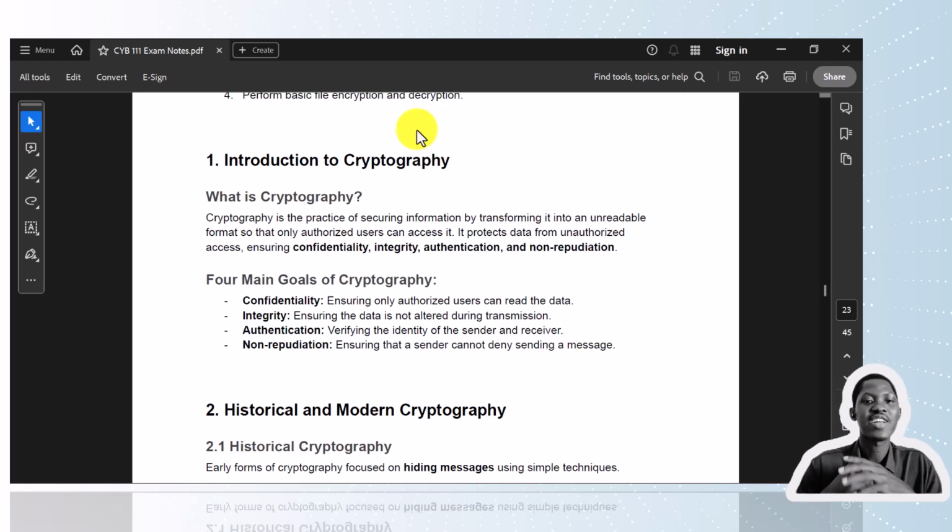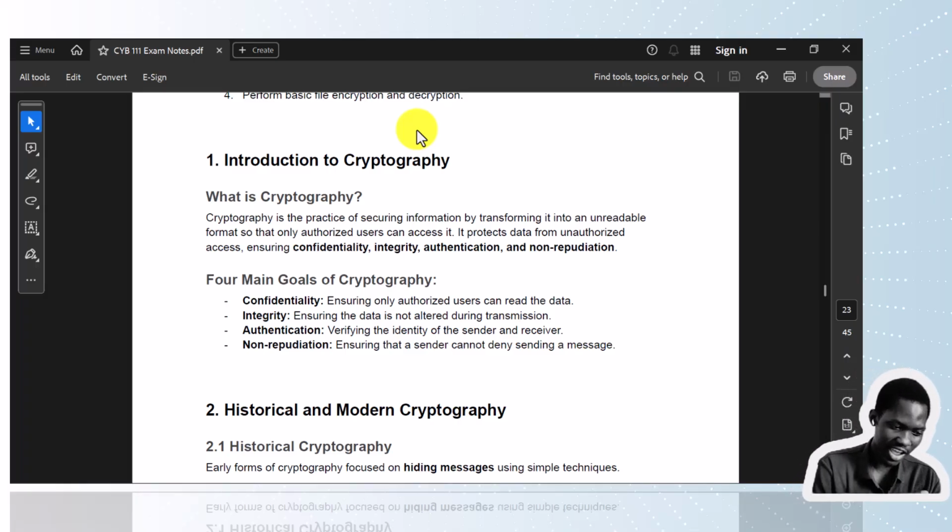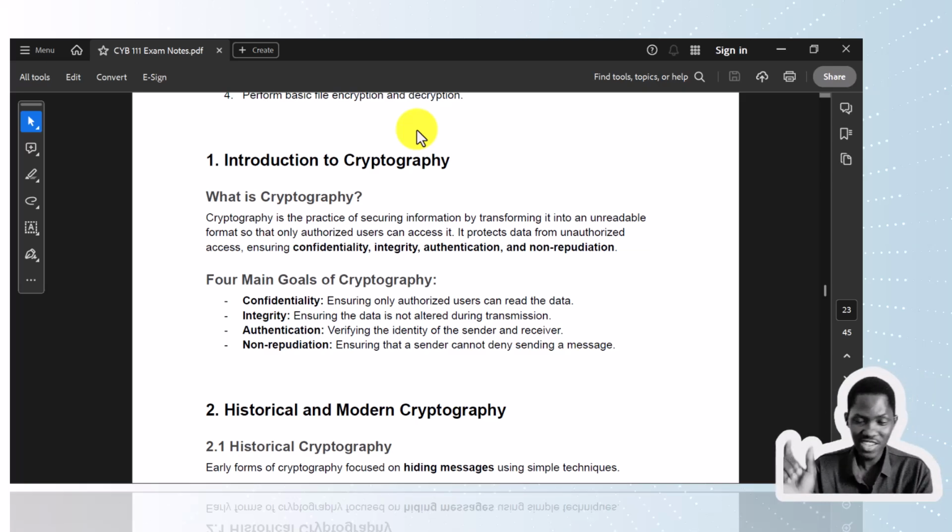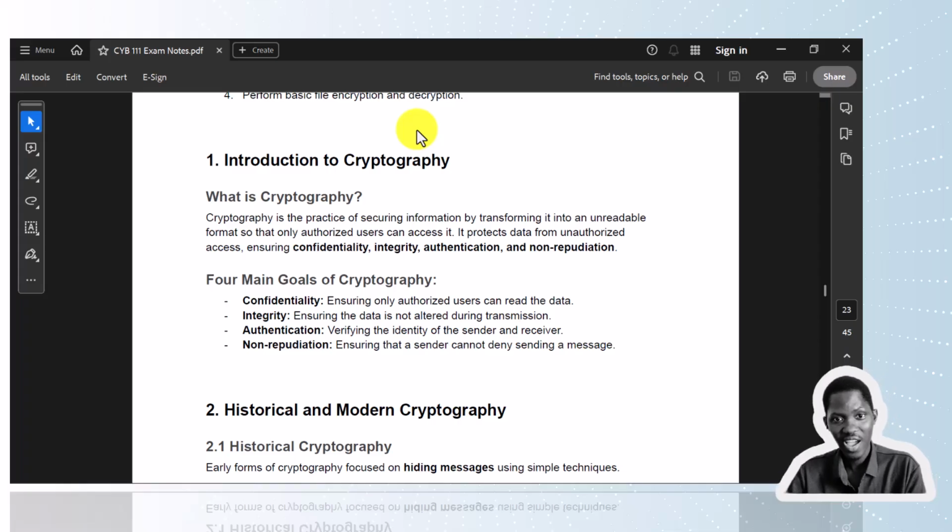So integrity is ensuring that the data is not altered by unauthorized users during transmission or during storage or retrieval, or even processing. Ensuring the data is not altered during these phases by unauthorized users. Then authentication now. Authentication is verifying the identity of the sender and receiver, making sure that the sender is the sender that we expect to be the sender,